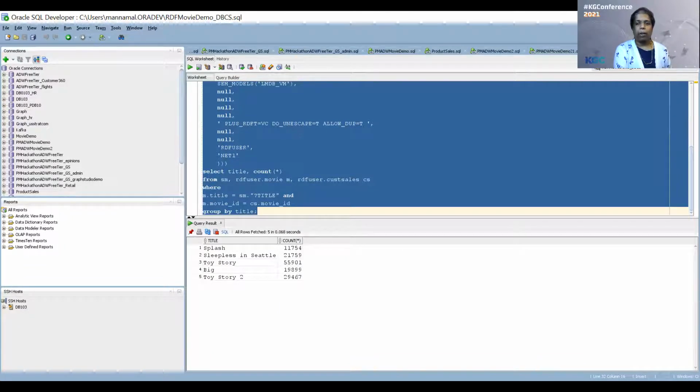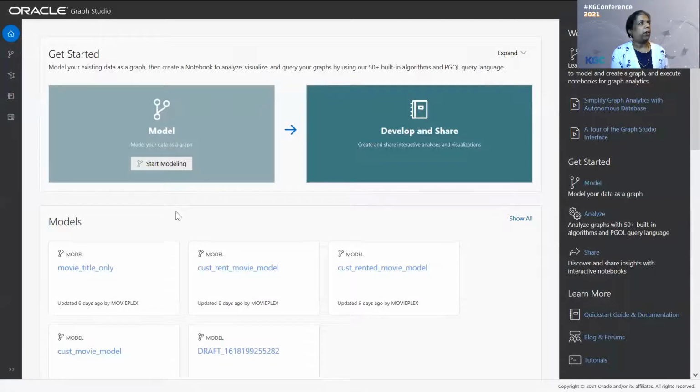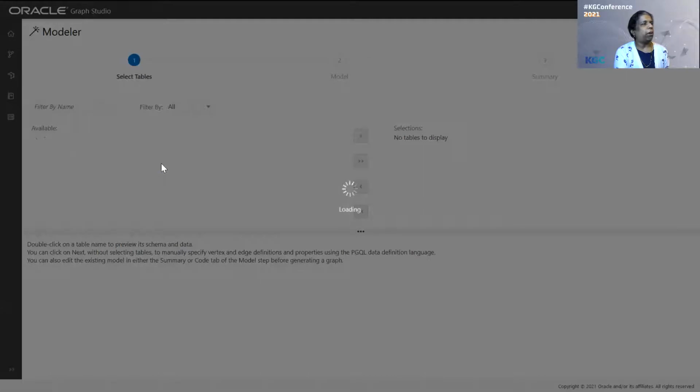So next, I am going to switch to property graphs. Okay, here we go. So here, I am now logging into my Graph Studio portal. And this is the tool that's available in the cloud. And I'm going to start by creating a graph. So in the automated modeler,